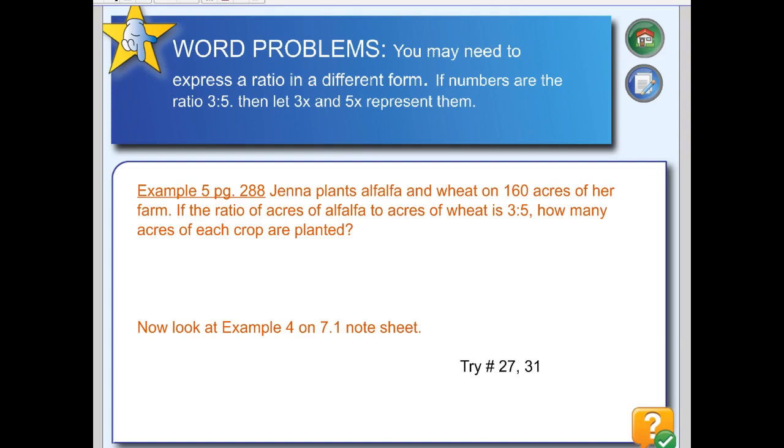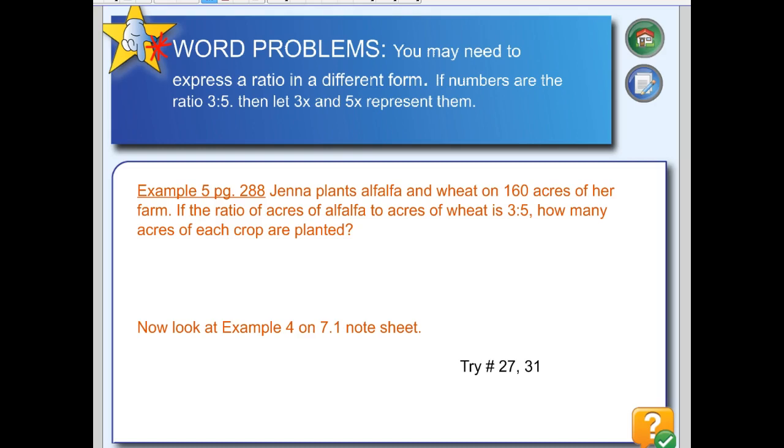Now here's the deal. If you look at my little hint here at the top, the man with the hand: you may need to express a ratio in a different form. If numbers are in a ratio of 3 to 5, then let 3x and 5x represent them. So let's look at example number 5. We're on page 288. It says, Jeff planted alfalfa and wheat on 160 acres of her farm. If the ratio of acres of alfalfa to acres of wheat is 3 to 5,